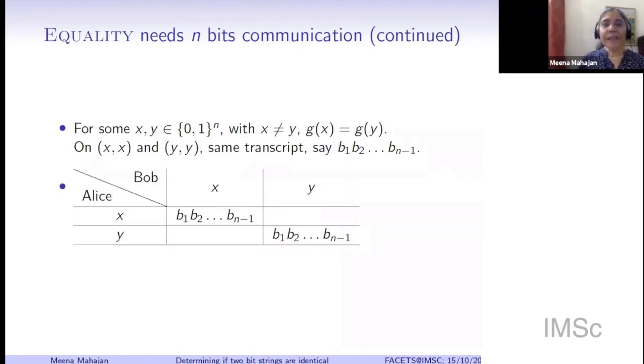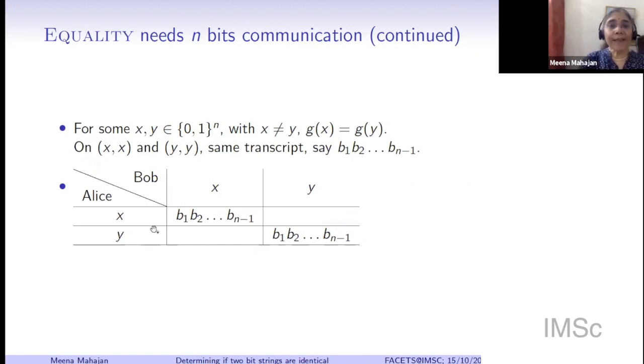Okay. So now let's look at this table. In this table, the rows are indexed by the possible inputs that Alice can have. And here I've written only 2 of the inputs that Alice has, x, y. There are many other inputs, but I'm going to focus on just these 2 inputs. Alice could have x, Alice could have y, or Alice could have something else. The columns are focusing on the inputs that Bob has. So Bob could have x, Bob could have y, Bob could have something else. Something else we ignore. In the entries of this table, we are going to put in the transcript which is generated by pi when these are the inputs.